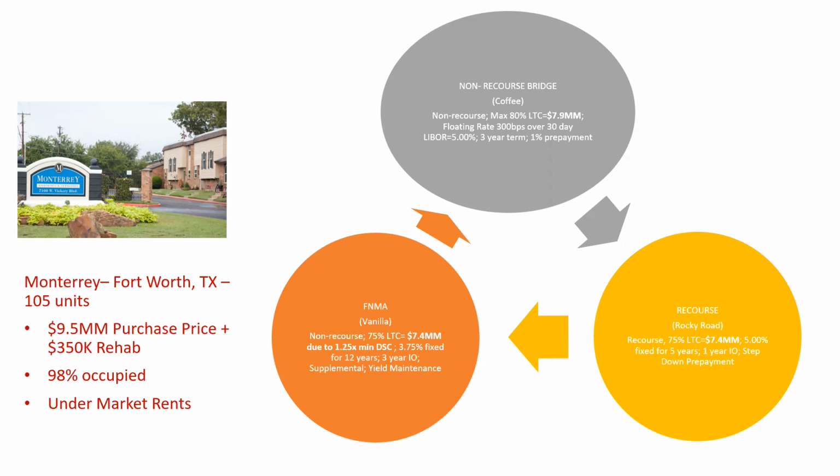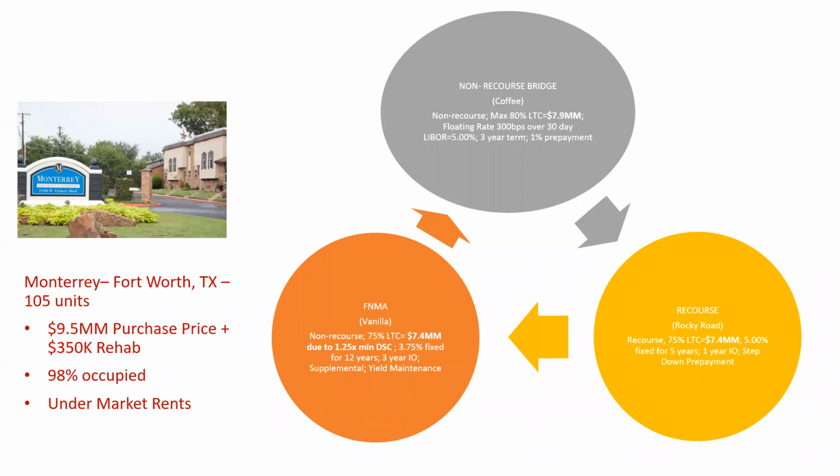So these guys, they had previous single family experience. They had a little bit of multi experience, which we'll talk about later in forming your sponsorship group. But a couple of them worked at G with me, and essentially they decided, hey, let's go with Fannie. We'll get the non-recourse. We'll get the fixed rate for 12 years and 3 years interest only. And so what's nice about Fannie is you're going to get the 3 years interest only. That's what they decided to go with. And then in, let's say, 4 to 5 years, they decide, okay, do I sell the deal or I can just take a supplemental?